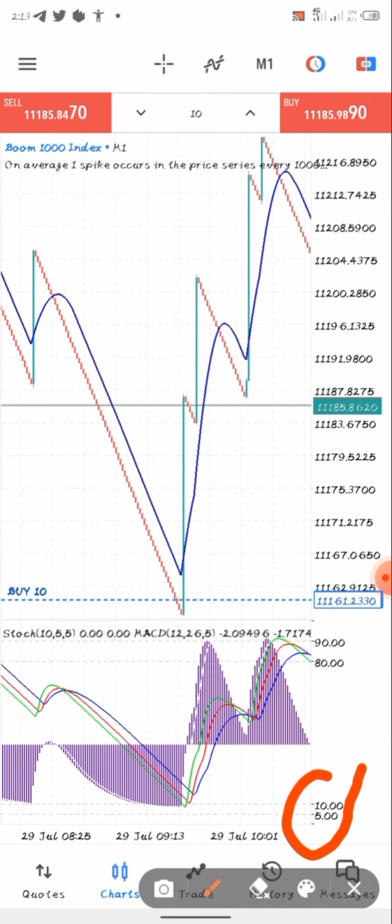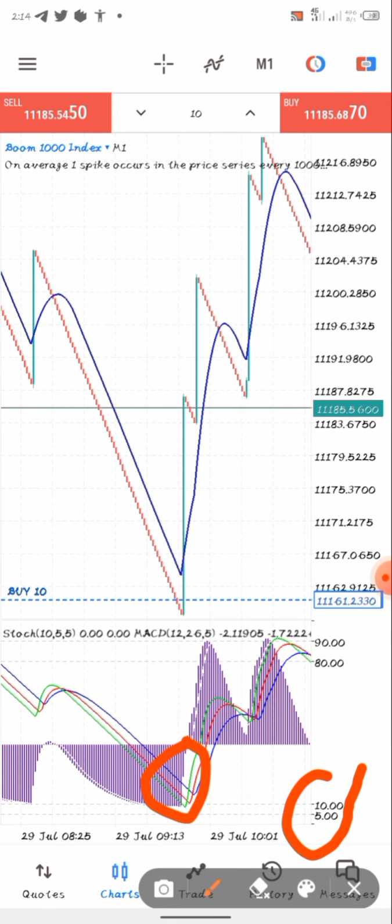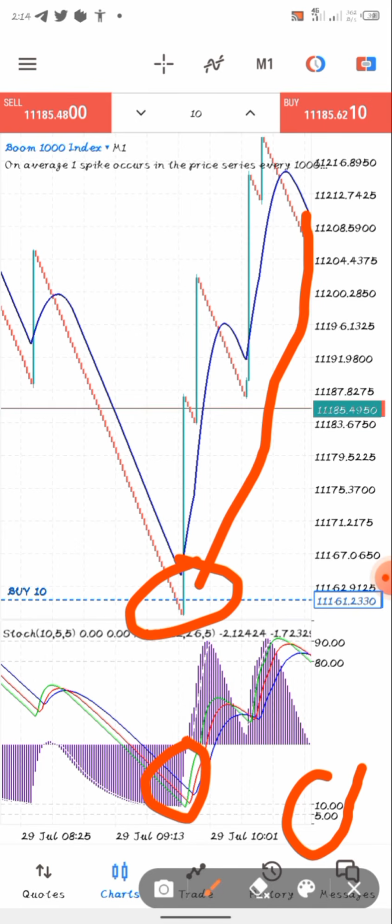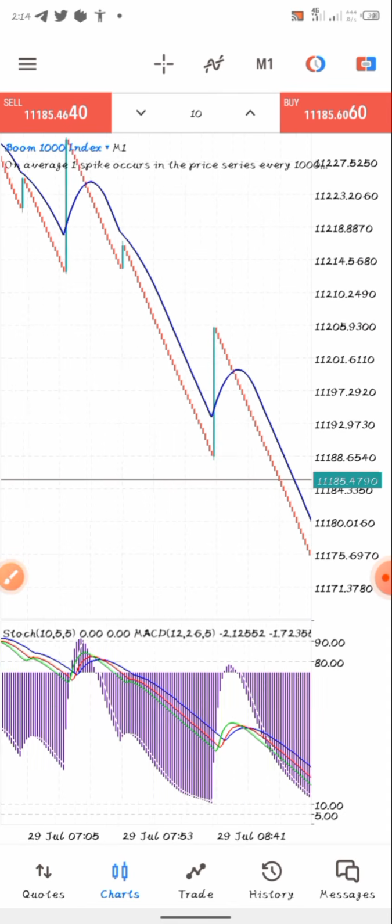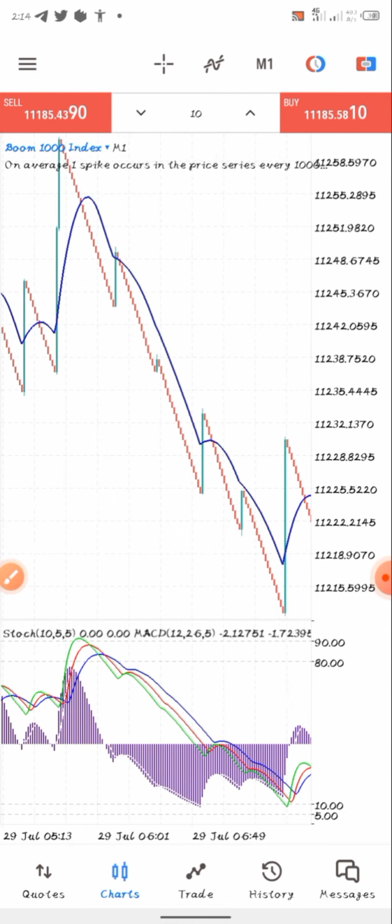then you have to see your MACD increasing in volume as well, which means the MACD also needs to touch the 10 to 5 levels of the stochastic oscillator, or almost touch it. Then you take your entries. You can see what the MACD did here, and you can see what the market also did, spiking to the top side. Now let me show you guys one more example.